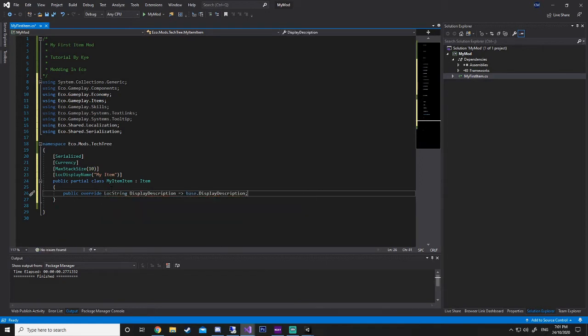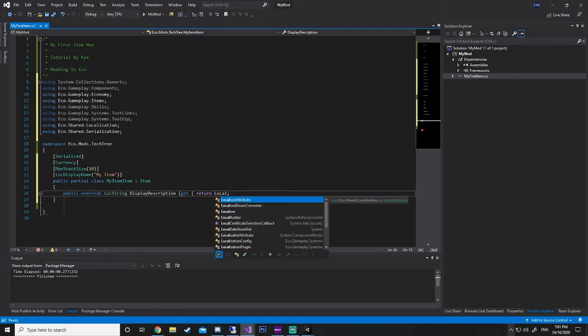But now we can do public override display description. Now it is a LocString, so you need the Eco.Shared.Localization for it. So it will be a LocString. This is just using LINQ, but don't worry about that. We're going to get and return because we're overriding.